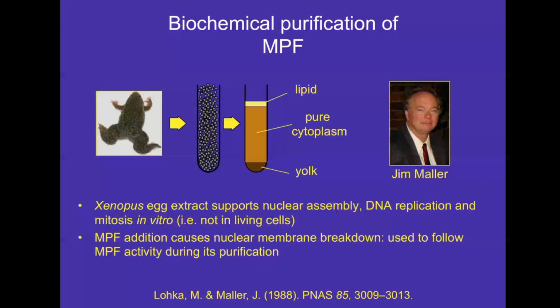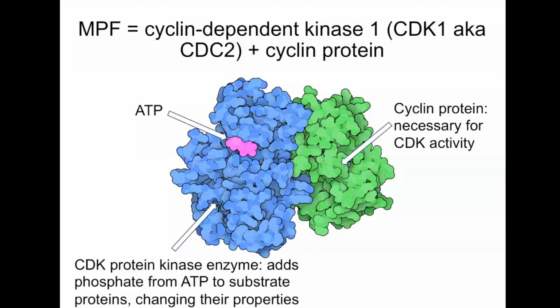So it turns out that both of these very different lines of investigation, one genetic in the yeast, one biochemical in the frog, give rise to precisely the same answer, which is that the enzyme that drives entry into M phase is this protein kinase enzyme. So it's adding phosphate from ATP to substrate proteins, and it turns out the part of the protein that's encoded by the CDC2 gene is the protein kinase,